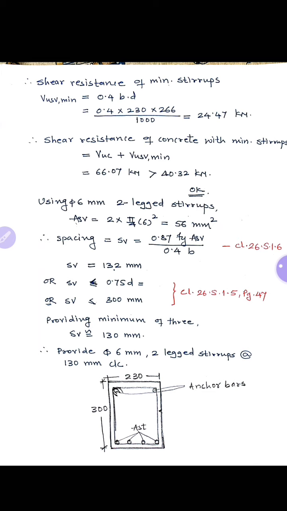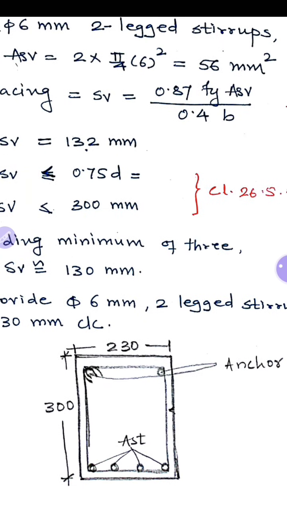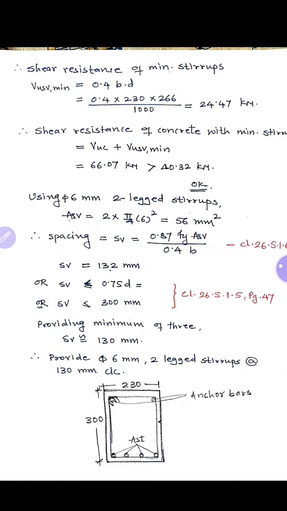Now herein we are going to use two-legged stirrups. Now what is this two-legged stirrup? You can see over here in this diagram, the stirrup provided is in rectangular form as the shape of the cross section goes. If I cut this stirrup bisecting the 300 mm depth of the section, it cuts into two legs. So this is how we call it a two-legged stirrup. So let us consider that we are going to provide a 6 mm diameter two-legged stirrup.